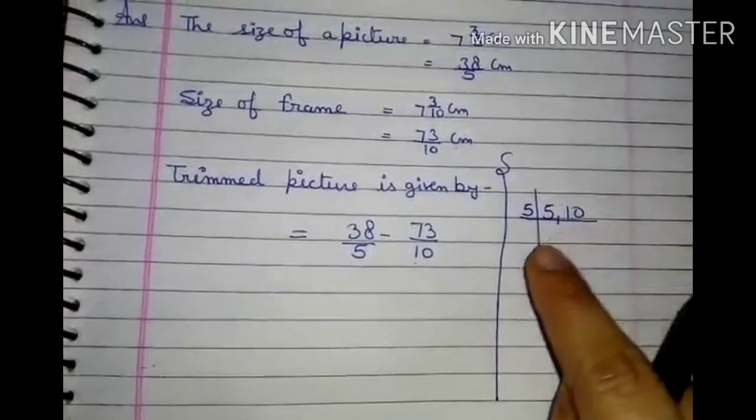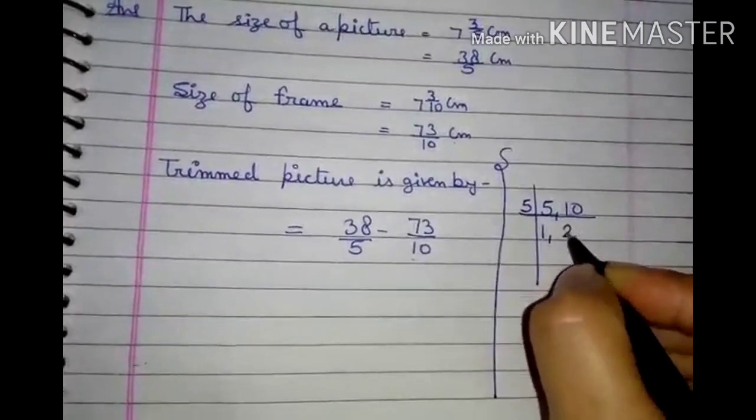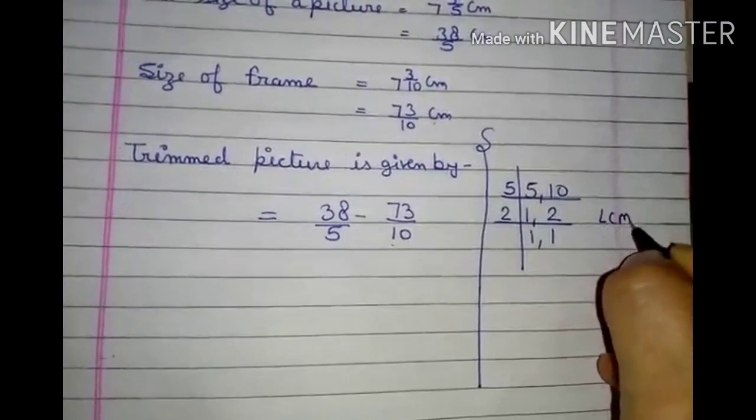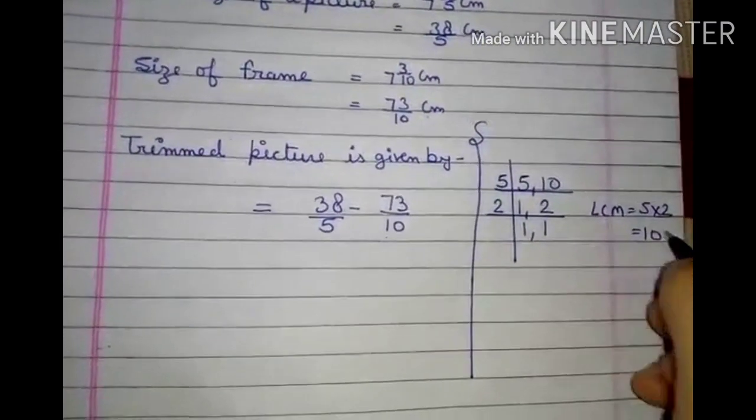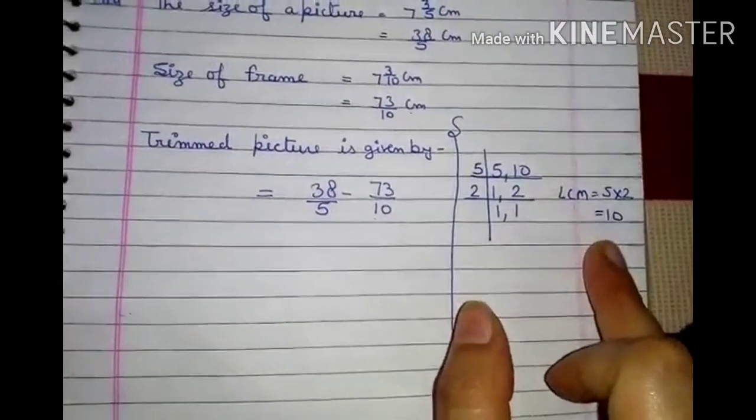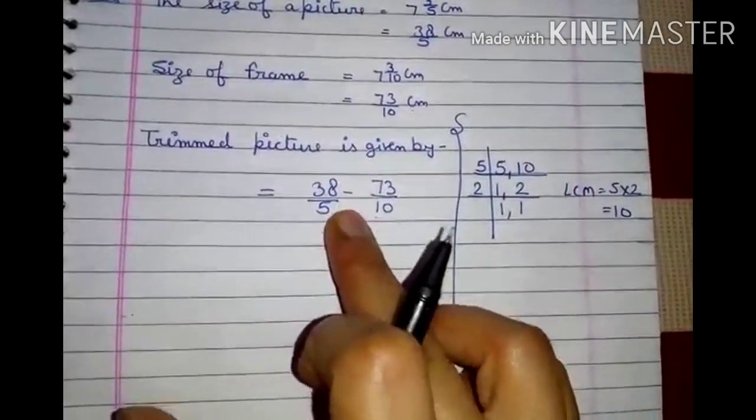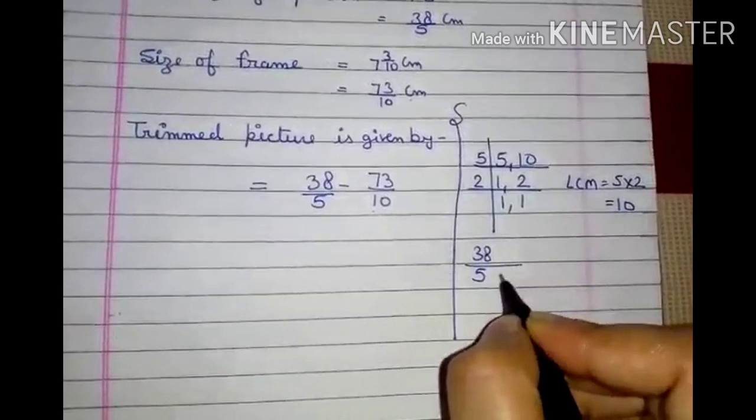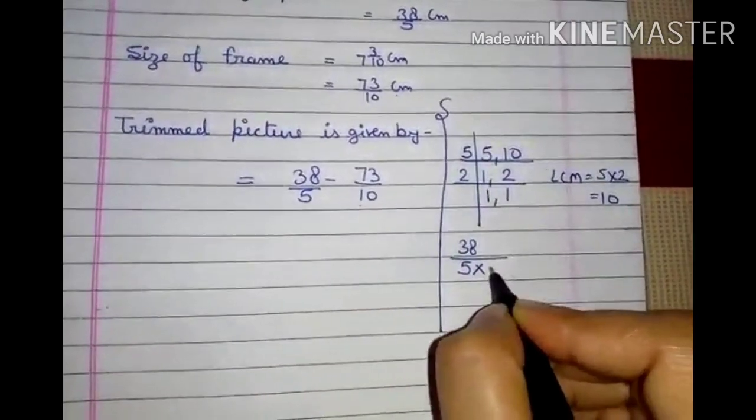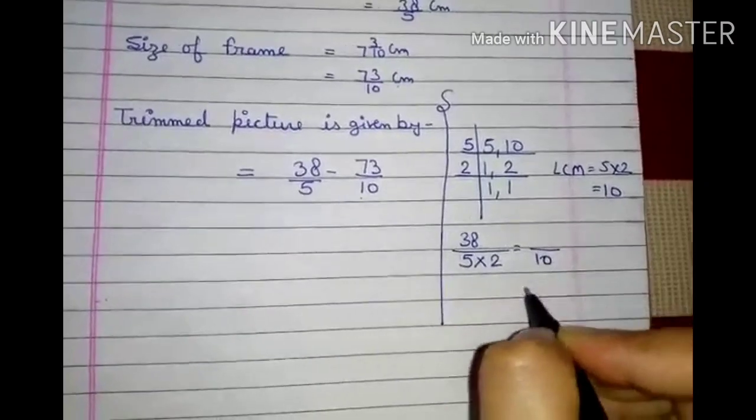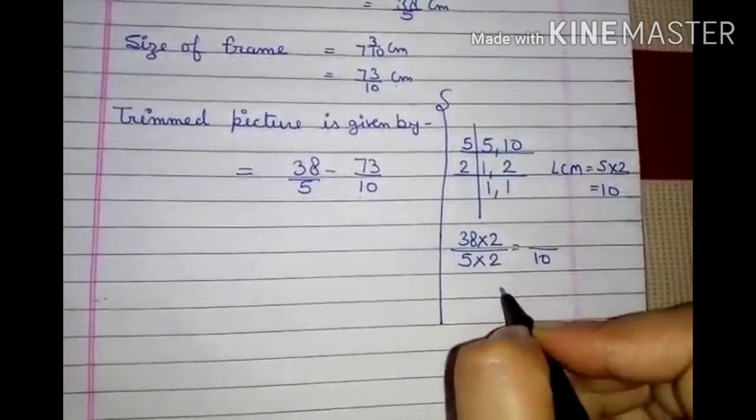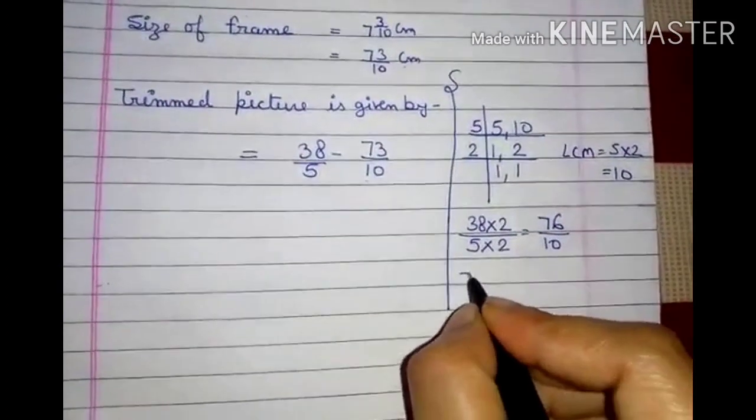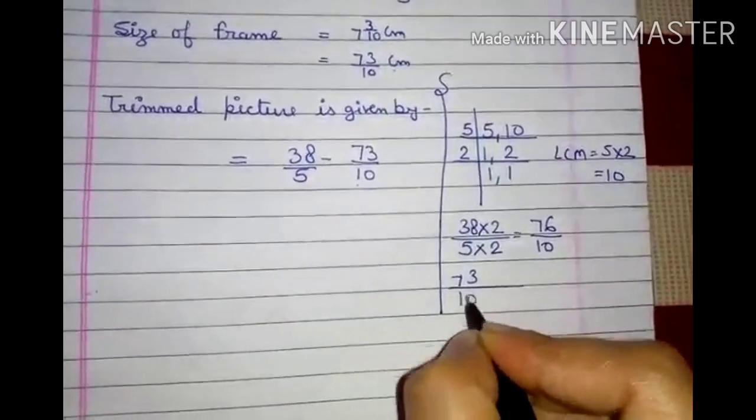I am taking here the LCM directly with the 5. 5 ones are 5, 5 twos are 10. Now with the 2, 1 and 2 ones are 2. Now your LCM is 5 multiplied by 2 is equal to 10. Now students, your LCM is 10. Now first I will take 38/5 and I will make its denominator 10. So 38/5 will come here. Now to make the denominator 10, because as I know 5 multiplied by 2 will be 10, 5 twos are 10, upside also I will multiply with the 2. Then what will come? 76 will come, and 73/10,